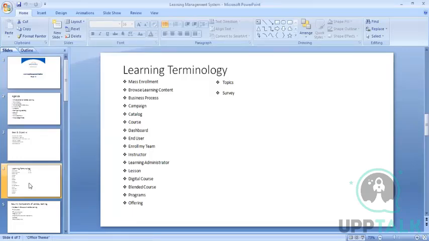In my case, in the LMS, we call it a learning path. Okay, so that is nothing but a bunch of courses assigned to an employee, and either it can be an in-person course or a virtual course. That is nothing but a program, and offerings are nothing but course offerings, where you will be offering